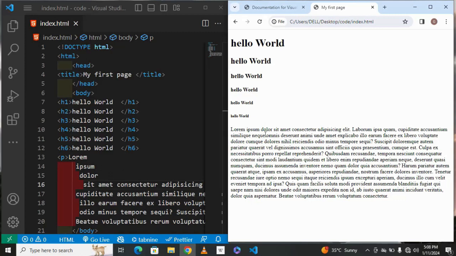The reason is that the browser does not see white space. Whatever white space you create inside of your text editor is not going to be visible inside of your web browser. If you want your text to break, all you need to do is apply the br tag. The br stands for break. So when you put the break,